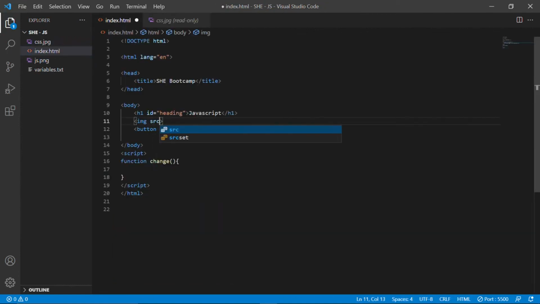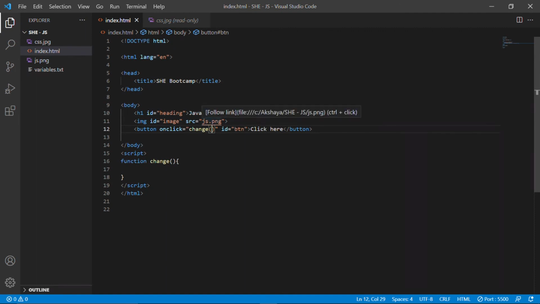I'm going to add the path of the JS image here, js.png, and an ID to it, image. On clicking this button, we have to change this JS image to CSS and this heading JavaScript to CSS. So on click, we have added a function change. Inside the function, we have to write the code for it.